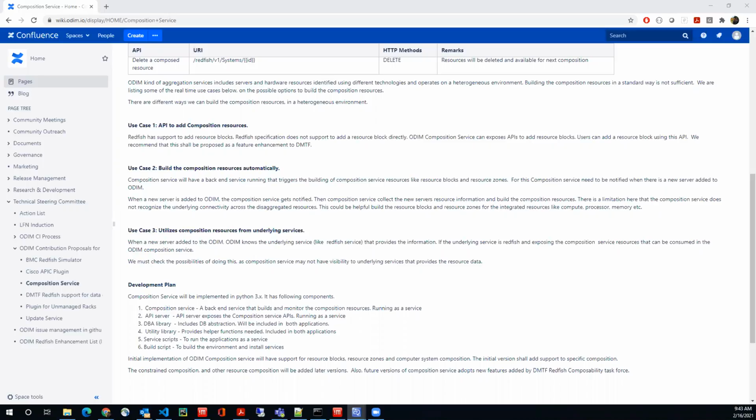Then you make an assumption that, at least to start with, not perfect, but in release 0 of the composition service, somebody will have to externally add all these mappings in. You can create an API for this, and you're going to need one anyway, because clients won't know how to do it any other way. And now your persistent model has the resource blocks defined and has resource zones that are essentially collections of those, right? Exactly. That's it.